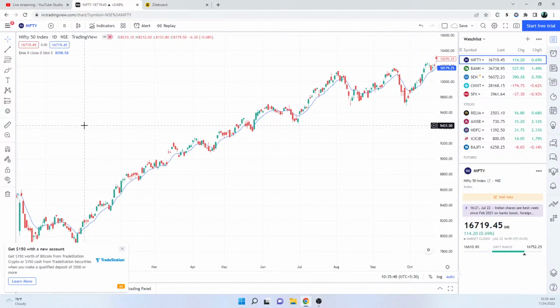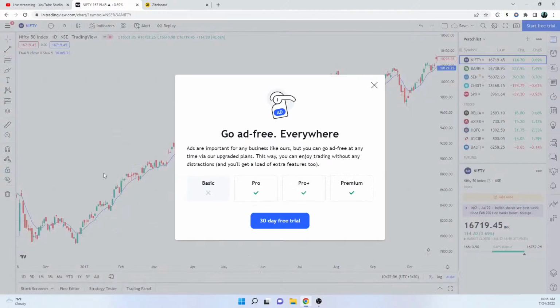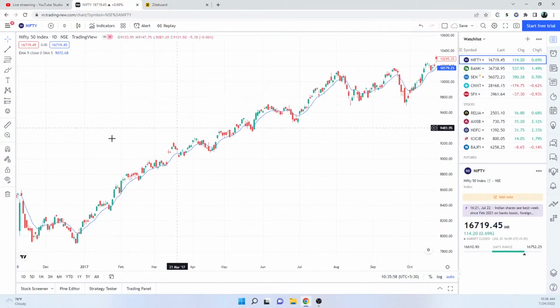So we have entered at 8179. We went all the way up to here. So let's go with the dates. On 20th Jan 2017, our close price is 8349.35 and EMA is 8366.01. So this is the day